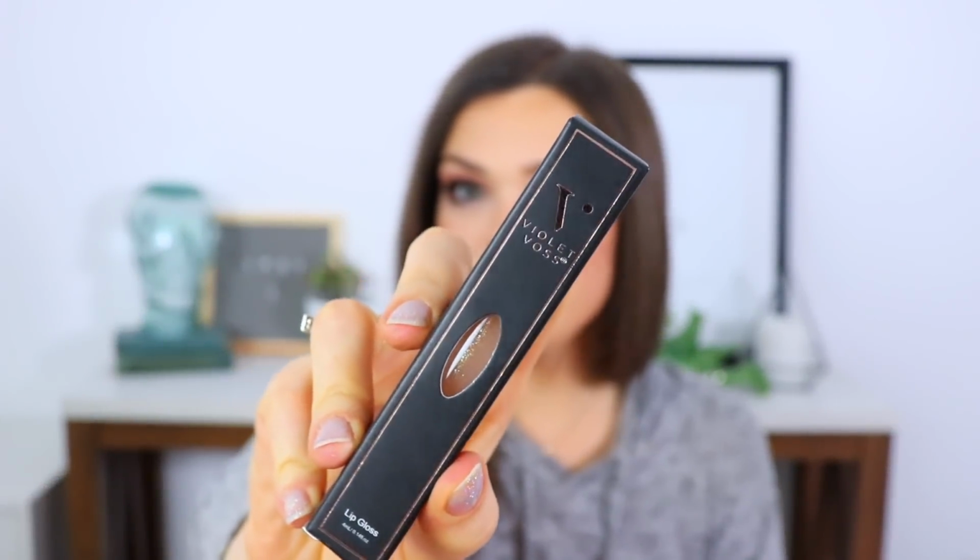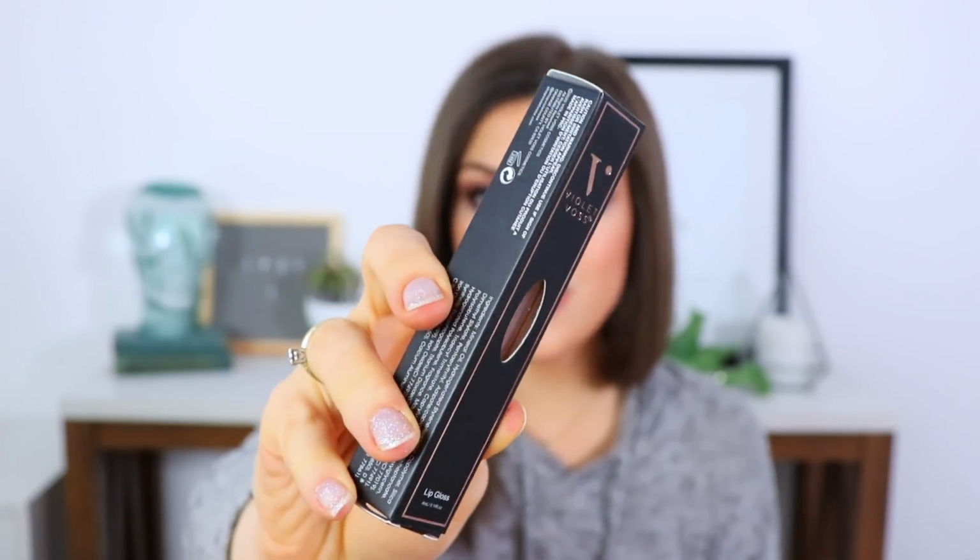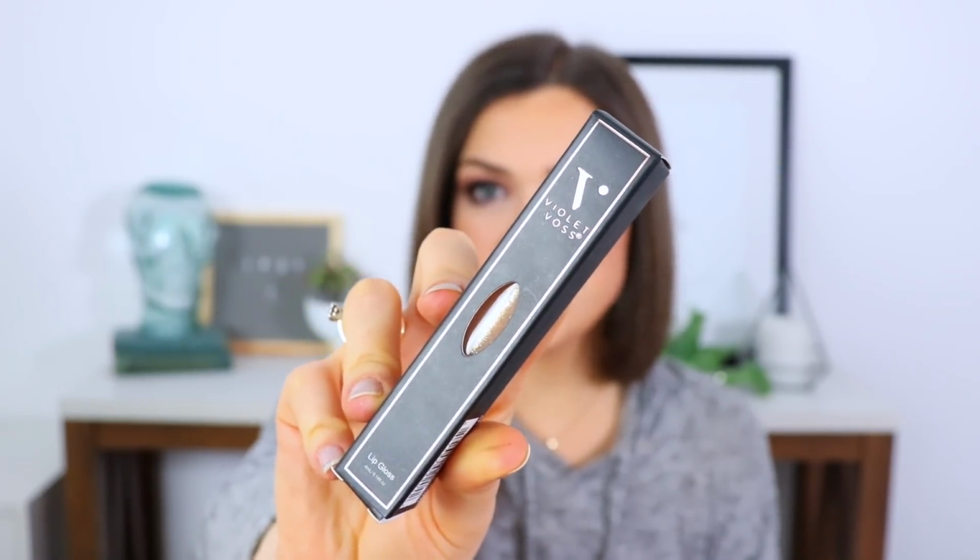Okay, the next thing in here is from Violet Voss. This is a lip gloss from them. I typically only get like eyeshadow stuff from Violet Voss, so I'm pretty excited to see a different product. I got mine in the shade Love in Paris, very nicely themed for the month of February, last month, the month of love, not March, the month of...